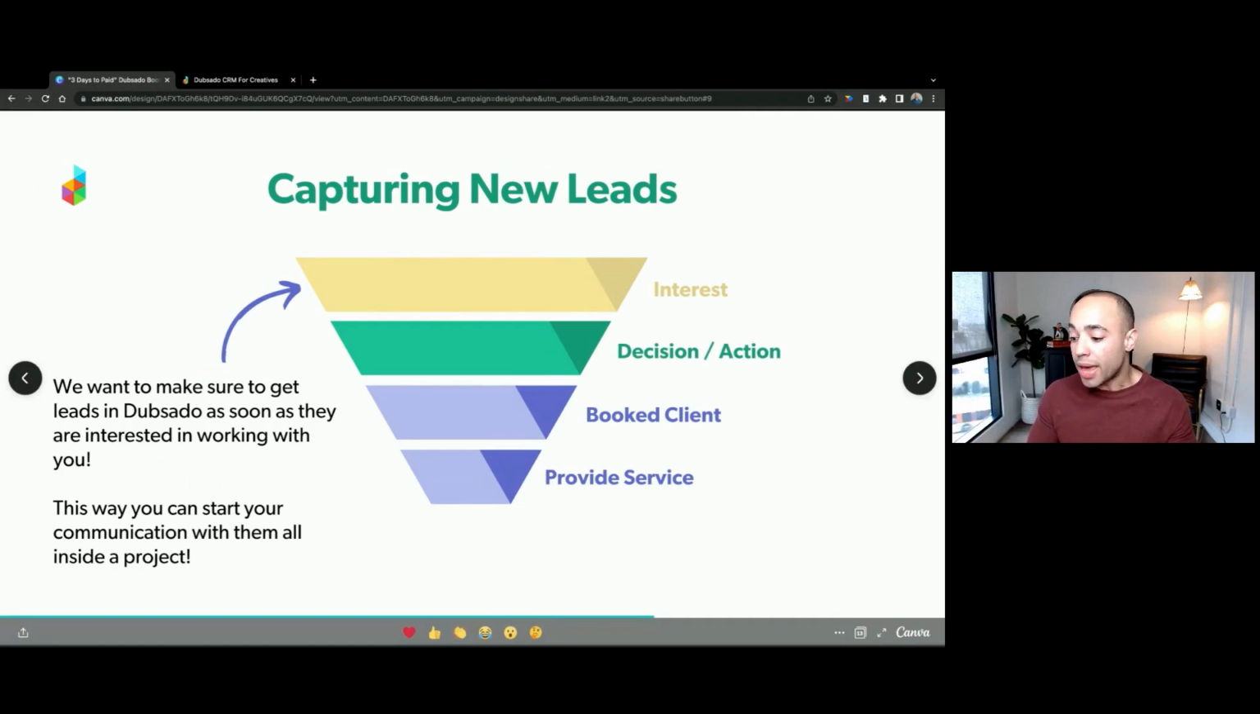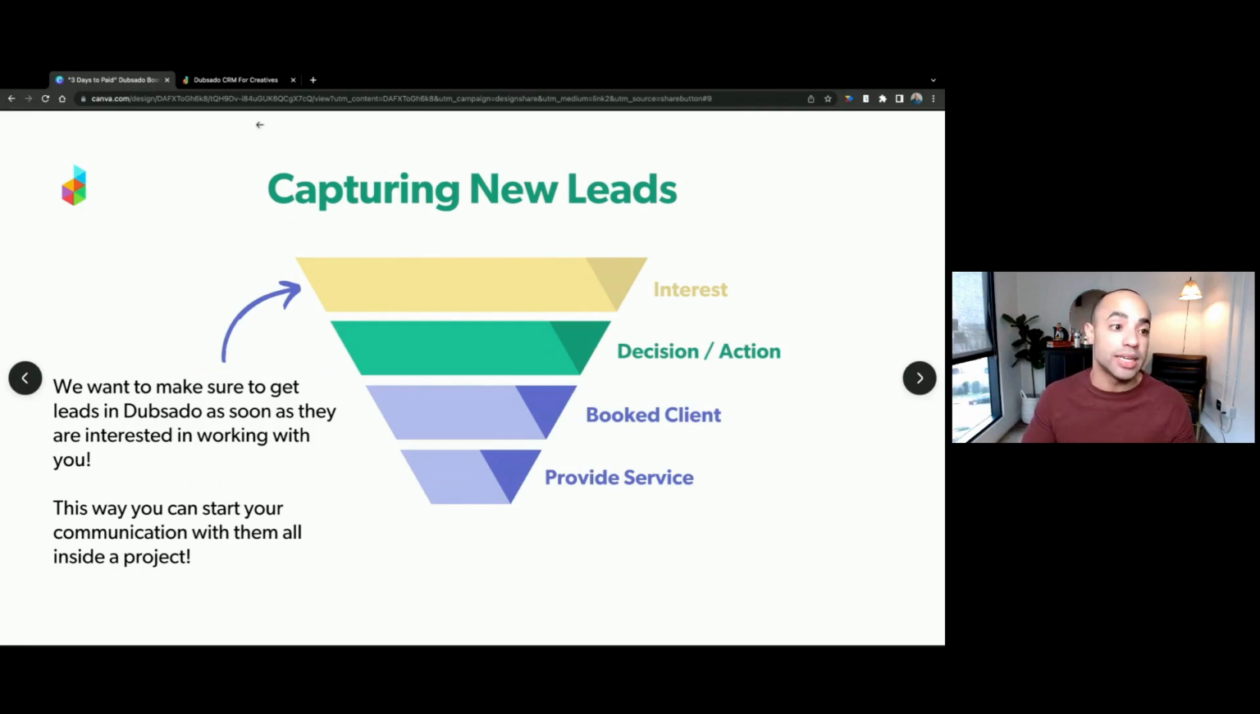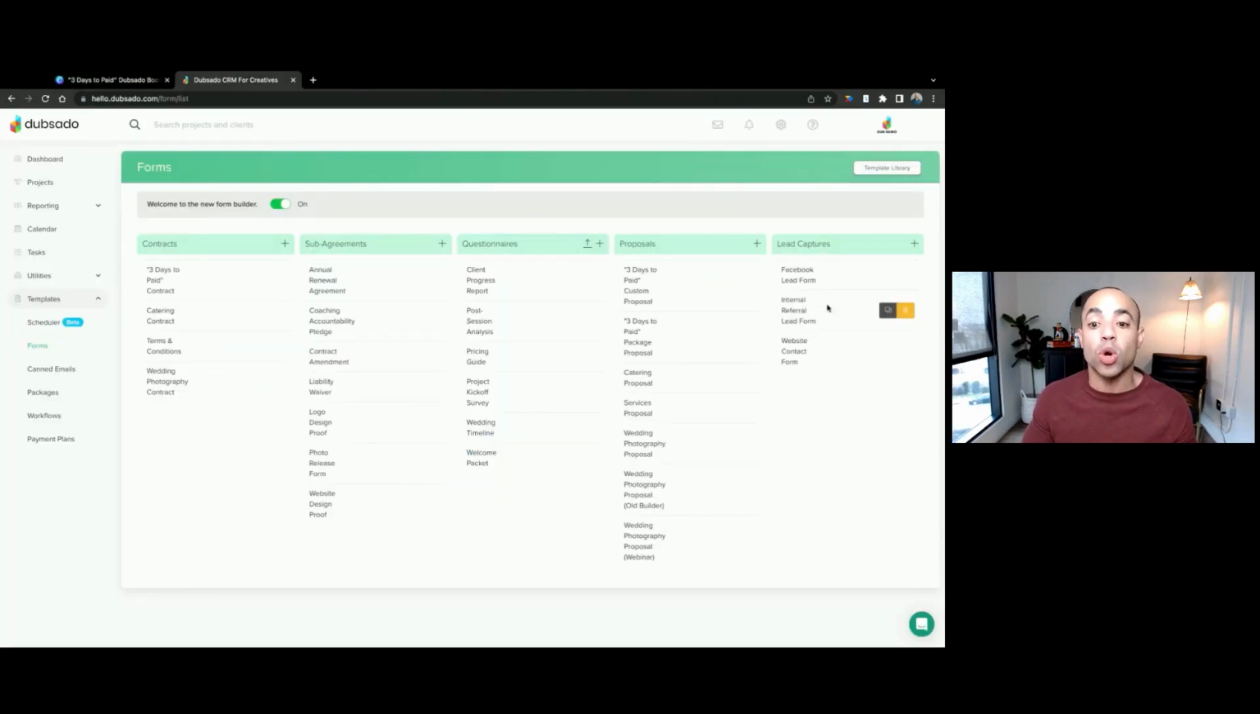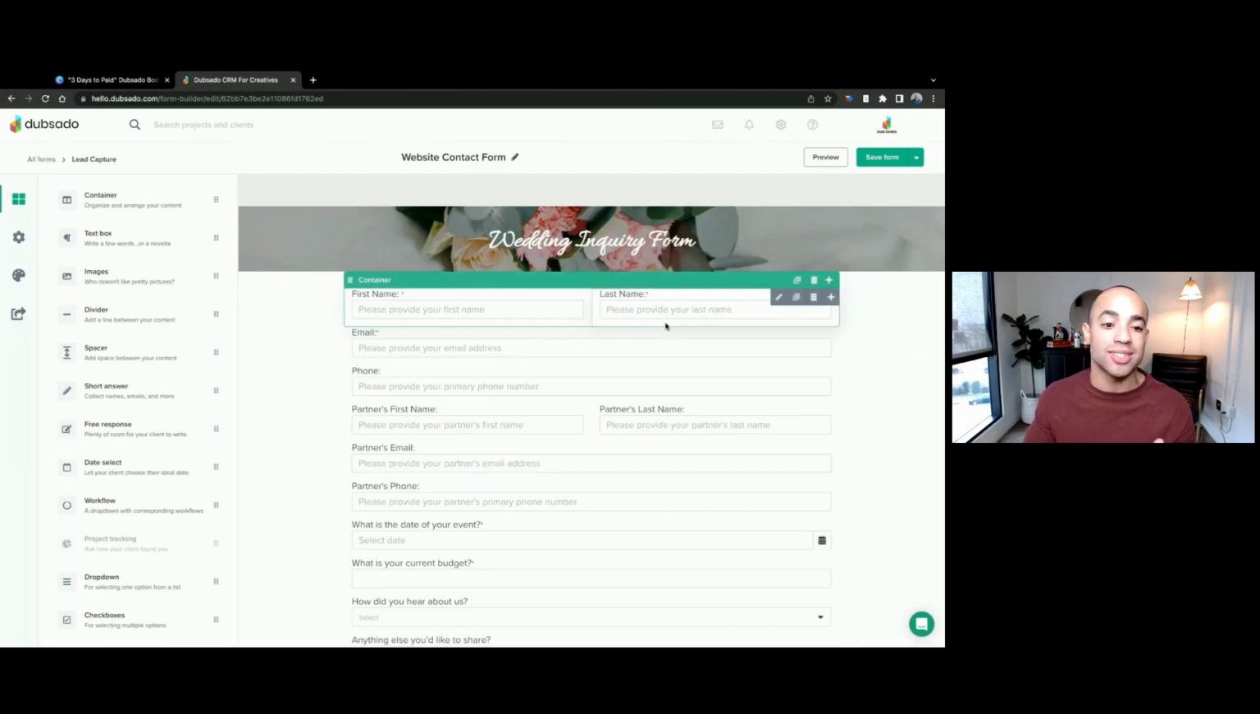So let's go ahead here and we're going to dive into lead capture forms. I'm going to jump back over to Dubsado and we're going to look at the lead capture forms, which is on the far right over here. So I already have one built here that we're going to look at, and it's just a simple